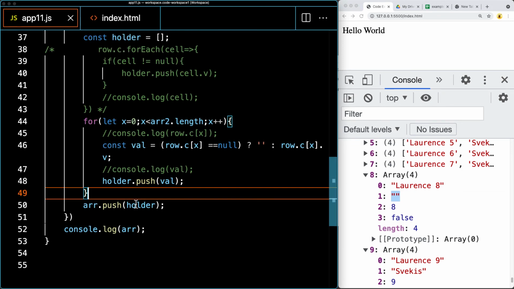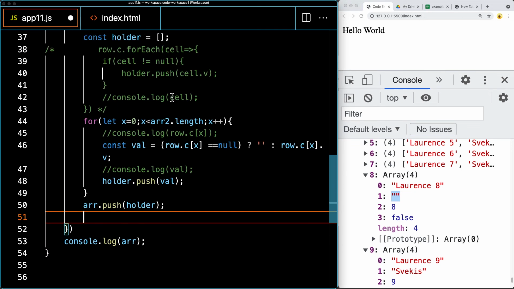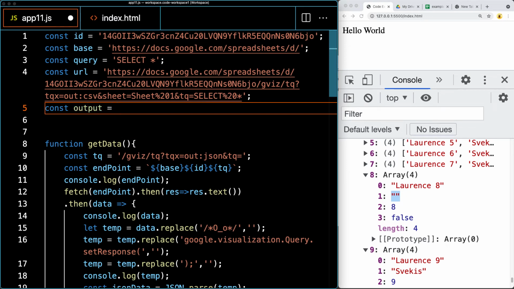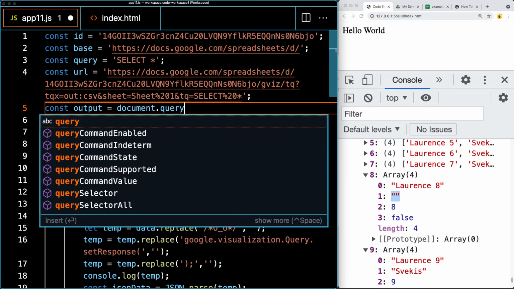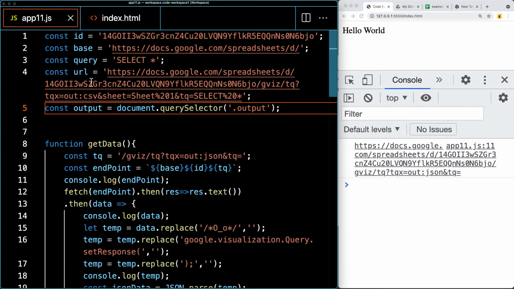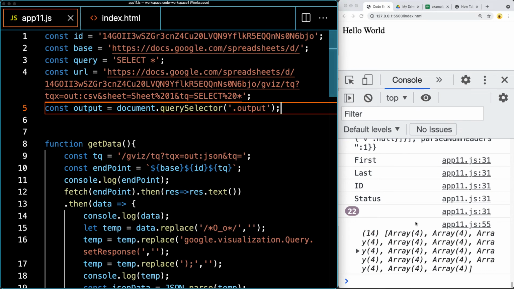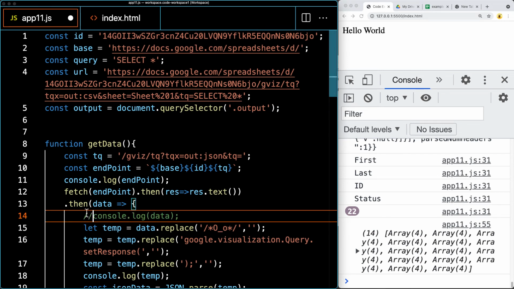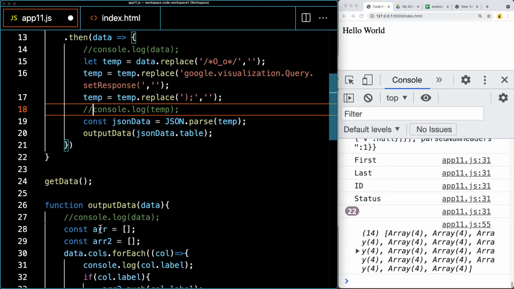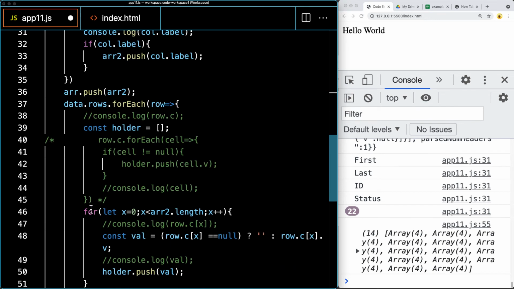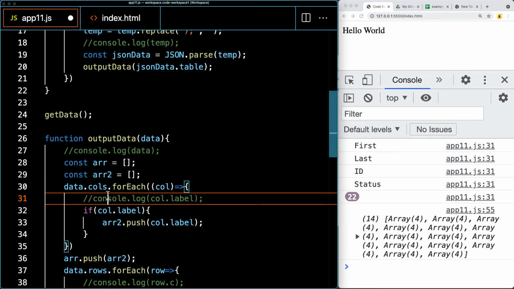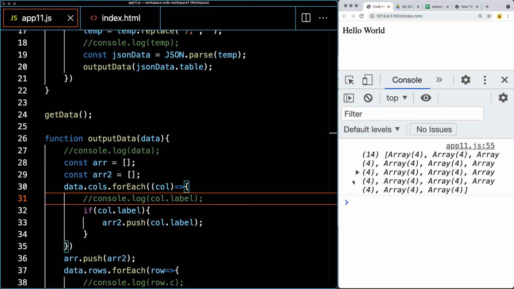So we've got the output data. Let's select the page element so that we can output it to the page. Using document query selector, select the element with a class of output. And this is where we can output the content. So now that we've got it properly structured, I can comment out some of the console messages so it's a lot more clear what content we're outputting. And it looks like we've got a few other console logs. That just outputs the finished